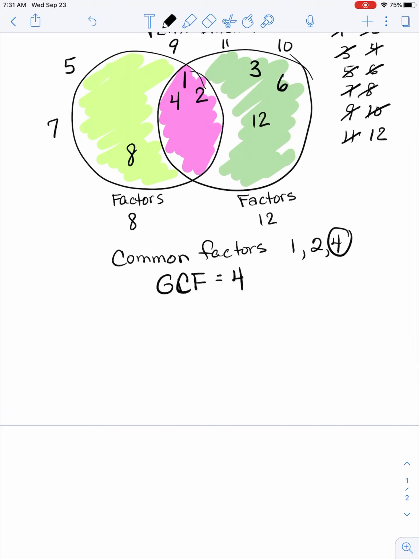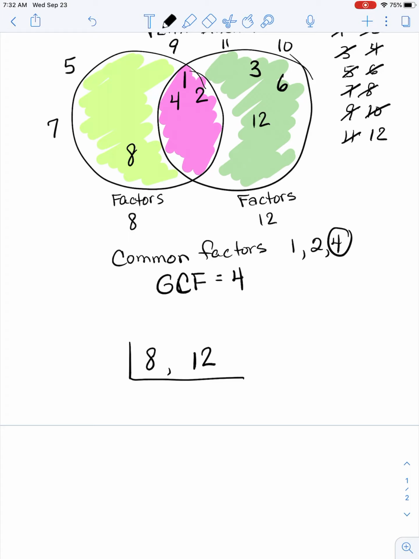You can call it upside down wedding cake, but essentially it's upside down division, and you're going to see why we call it that. So I'm going to put my two numbers that I want to find the common factor of. I have 8 and I have 12. You can put a comma in between. It doesn't really matter. Just know that they're two different numbers. Upside down division, so I'm making an upside down long division